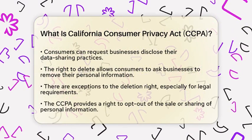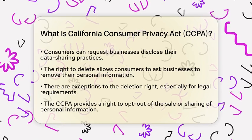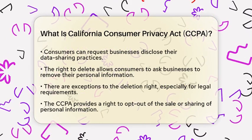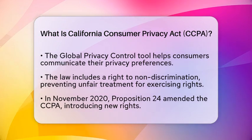Moreover, the law includes a right to non-discrimination. This means that businesses cannot treat consumers unfairly for exercising their rights under the CCPA. They cannot deny services, charge different prices, or offer lower quality goods based on whether a consumer chooses to exercise